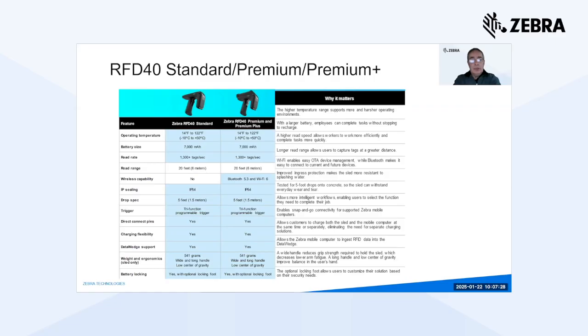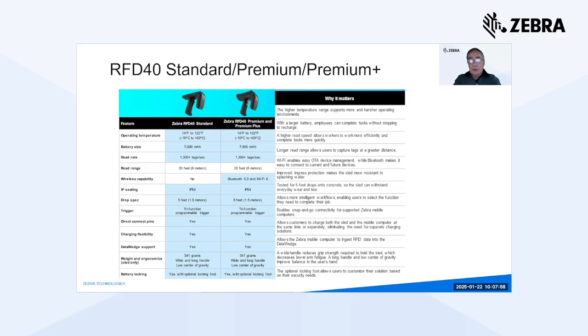So the RFD40 is the sled you can see in the images there, which is designed more for a retail, light industrial environment. So it's still got a pretty good environmental spec. We've got a 1.5 meter drop spec and an IP54 ceiling spec. We've got a battery of 7,000 milliamp hours, so it gives you a full shift of use from a charged